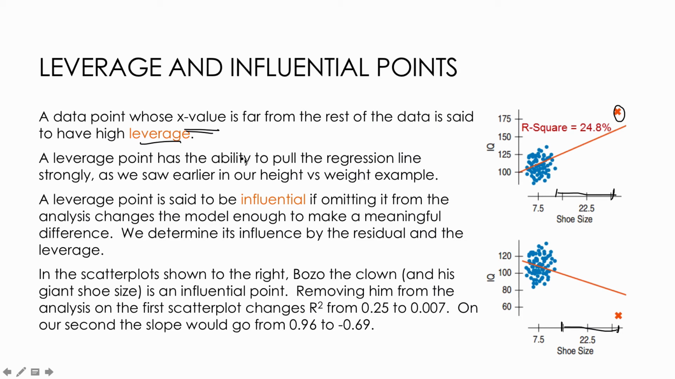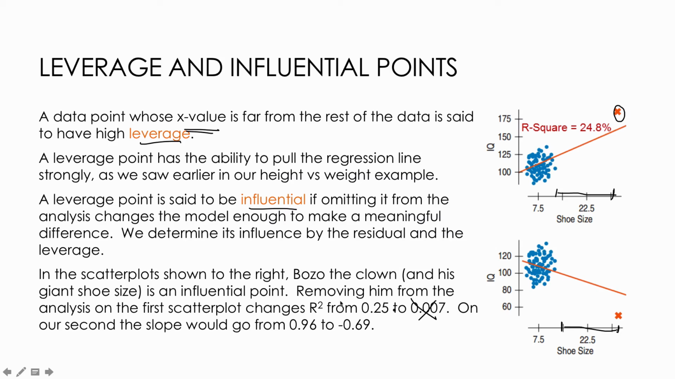Now, if the leverage point has the ability to pull the regression line strongly, it's said to be influential. So if I take this out of it, or take this out of it, if it changes my equation and it changes my r squared value, then it's said to be influential. So here is some of the data from before. So removing him from the analysis on the first scatter plot, we change r squared from 0.25 to 0.007, and that's huge, because 0.25 we can say, well, there seems to be a bit of a trend. 0.007, we would say that our model, our linear model, doesn't account for hardly any of the variation,